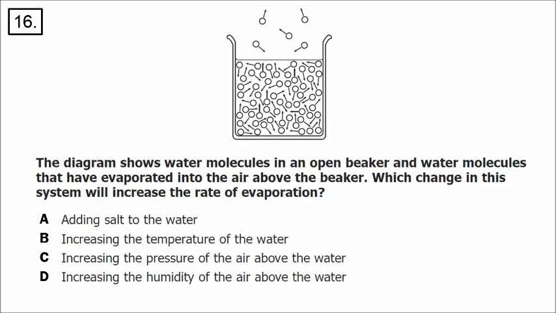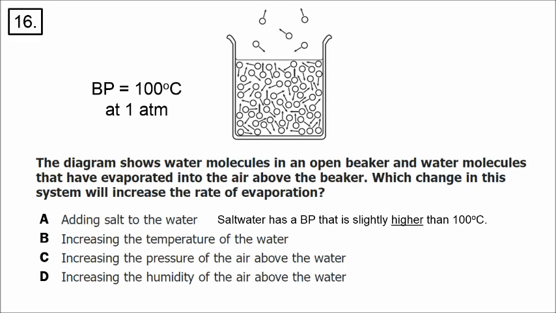Number 16. The diagram shows water molecules in an open beaker and water molecules that have evaporated into the air above the beaker. Which change in this system will increase the rate of evaporation? Well, the boiling point of water is normally 100 degrees Celsius at 1 atmosphere. If we add salt to the water, that will raise the boiling point, but that will not increase the rate of evaporation. Increasing the temperature of the water, water evaporates more easily when it's hotter, so that is a potentially